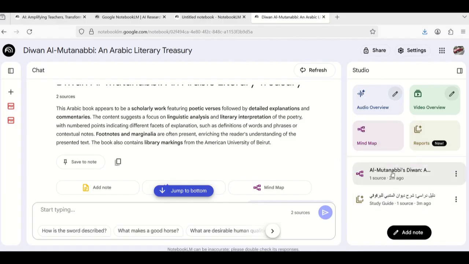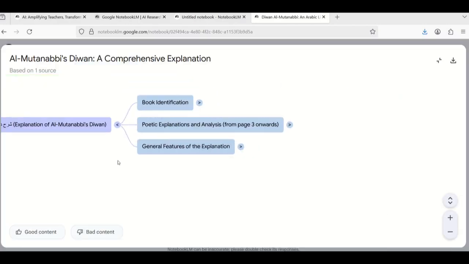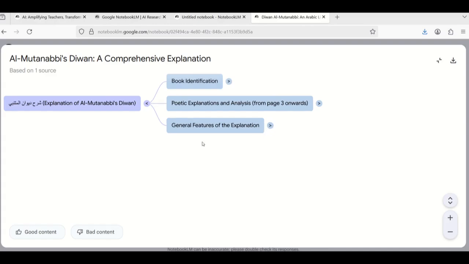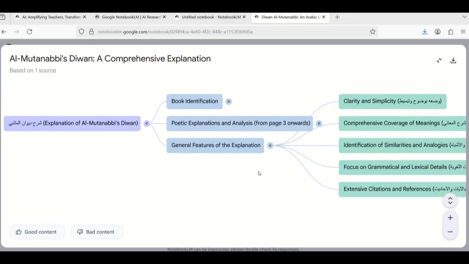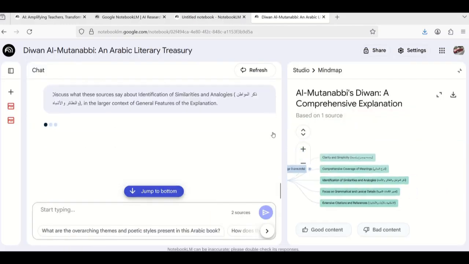Unfortunately, the mind map it created for this is mostly English, but there is Arabic in it as well. It's an interactive mind map. If you click on this little arrow, it's going to expand more into that topic. And if you notice, there are both languages in here. Now, let's say that you want to know more about this, ذكر المواطن والنظائر والأشباه. If you click on that, it's like you're telling NotebookLM that you want to expand more into